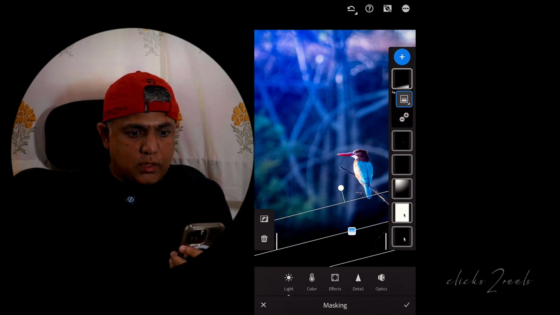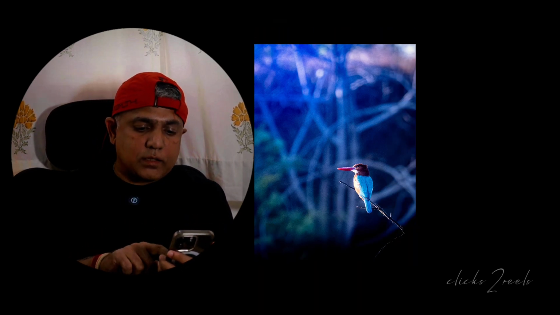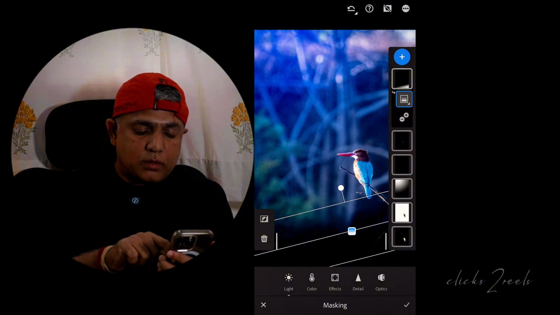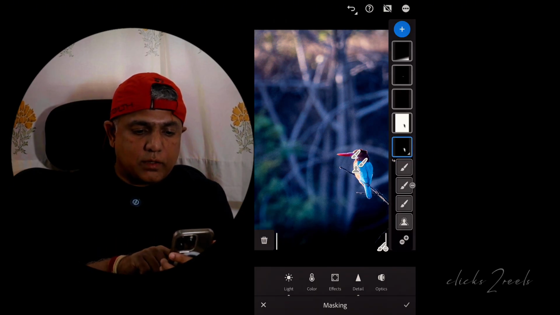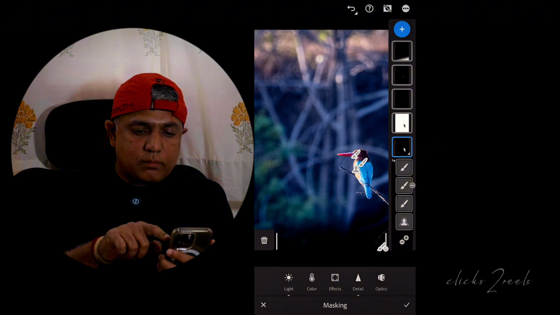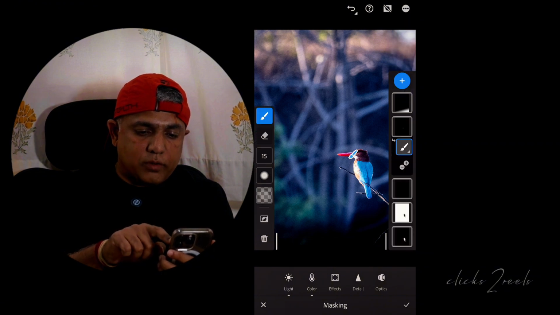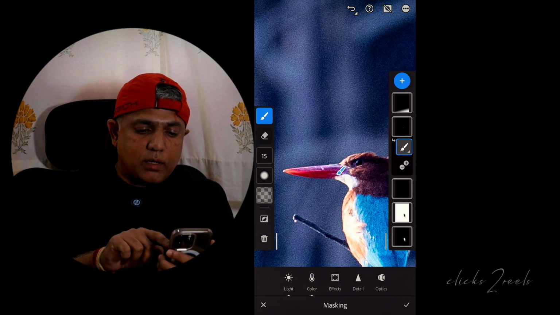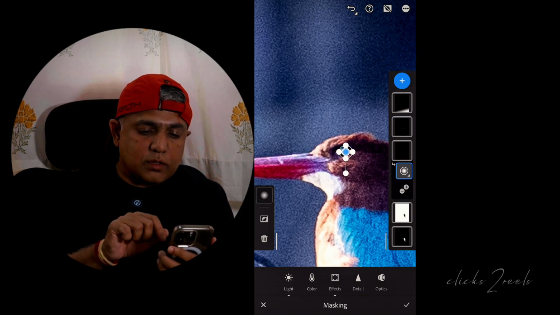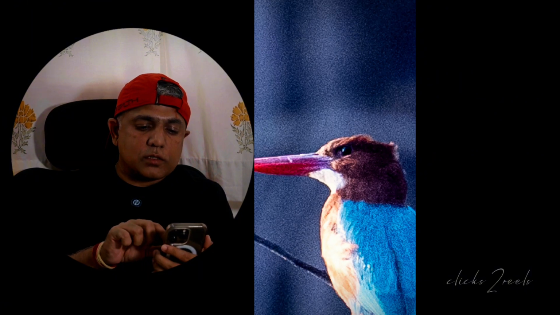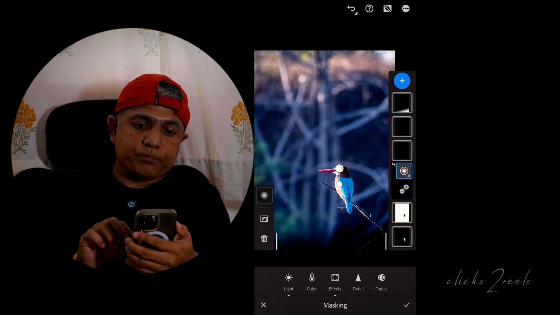So this is the image we did last time. If you remember, there was a radial mask, a linear mask, and a radial mask for the sun. I'm going to delete that so that we create something else. We also did this beak mask, and then we did something for the eyes, another radial mask, so I'm going to leave all these here. The one mask that I really want to show you today is the